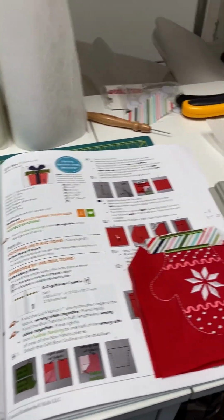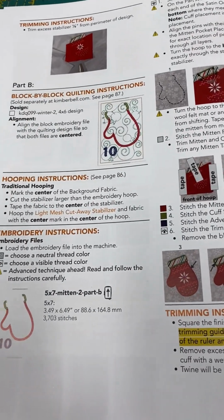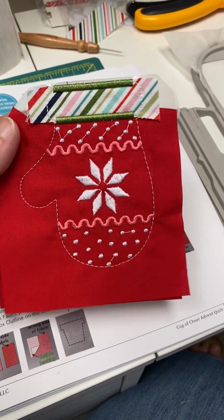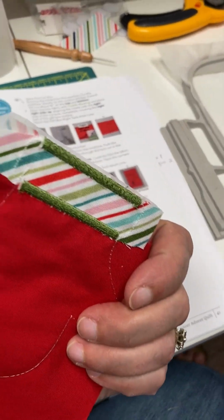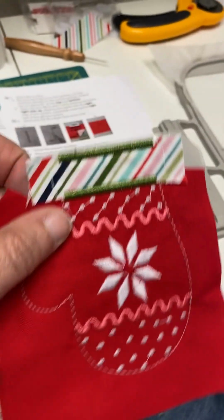Okay, we are on page 40 now, and starting our part B. This is what our piece looks like when we get finished. I went ahead and tore away all the tearaway stabilizer that we put on the back, and I have a